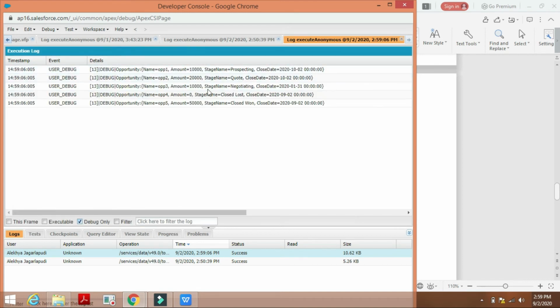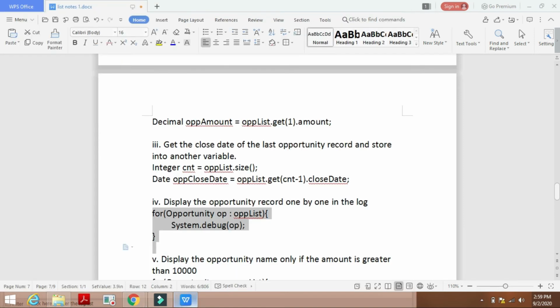So here it is, the opportunity records are displayed one by one in the log using the for each loop. Okay,